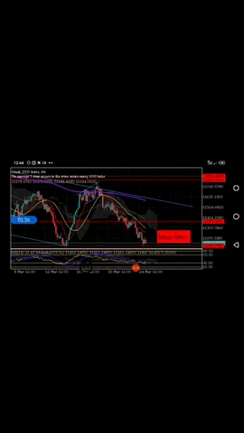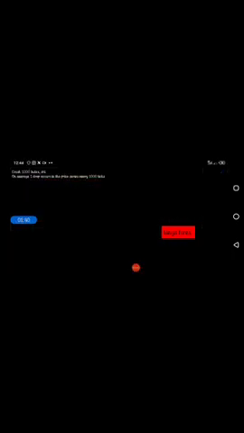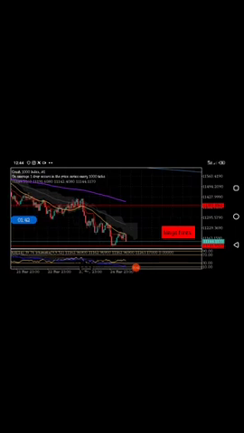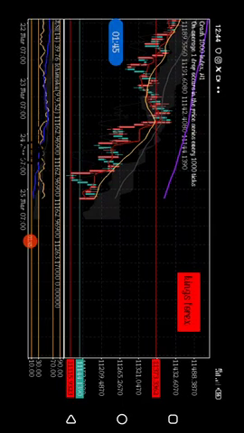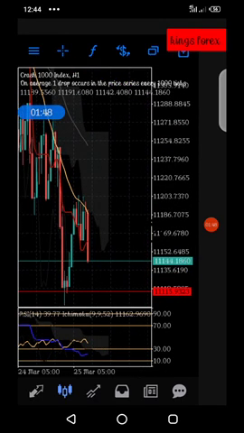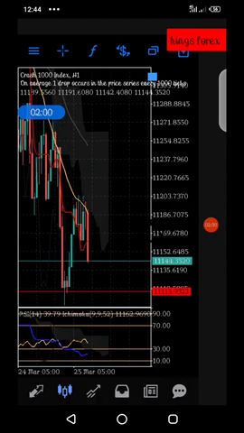As this is the 4 hour time frame, you have to come back to the 1 hour, like a lower time frame. This is the 1 hour now. As it tested the support price first and went up, it is now coming down. So what you need to do is mark your support. Mark it here like this.